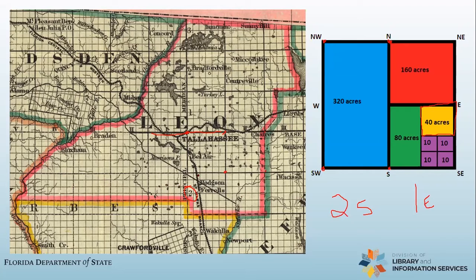So that means I'm going to be 1 range east, 1 block east of the point of beginning. Okay, look at the map. 1 east, 2 east, 3 east, 1 west, 2 west, 3 west. And this system keeps going all the way as far east and west as you can go, all the way to the Perdido River in the west, all the way to the Atlantic Ocean in the east, and then north to the Georgia border, south to as far as you can go in Key West.